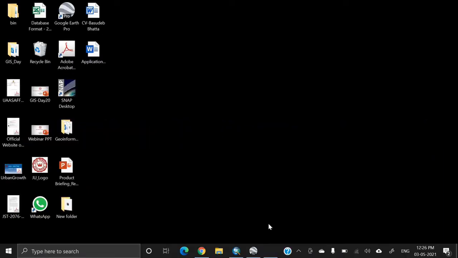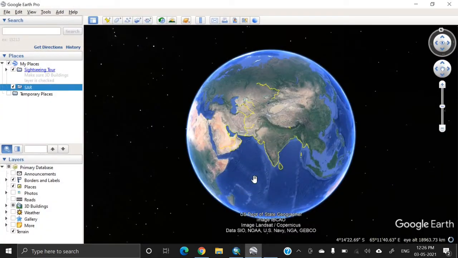Hello, today I'm going to demonstrate how to get the DEM for any desired area. For many geospatial analyses, we need a digital elevation model, but in many instances, this digital elevation model is not readily available. But in Google Earth, we have the digital elevation model, and for each and every location, we have the height information.